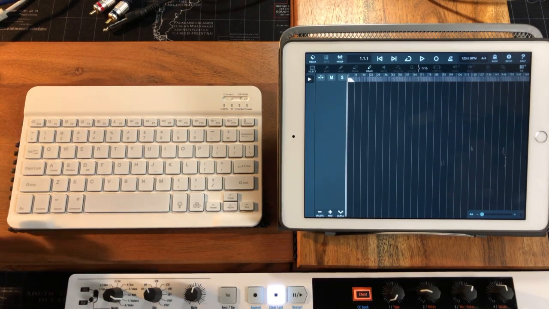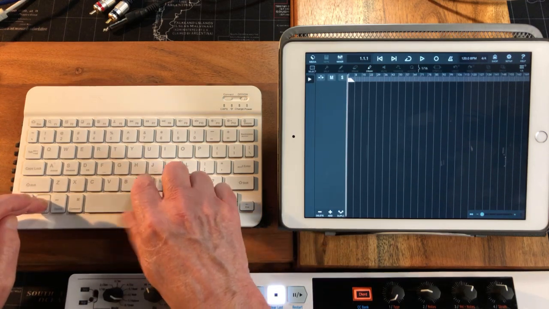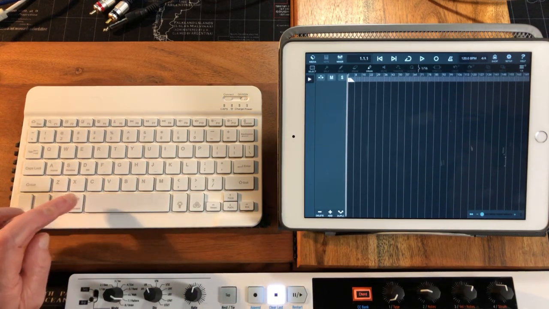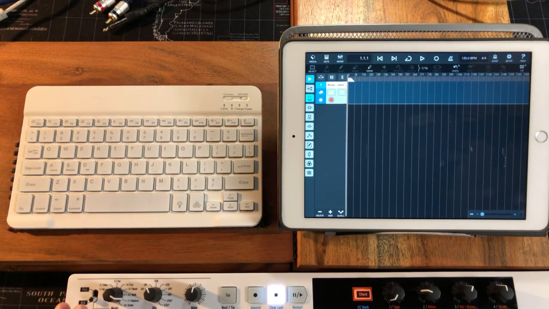So let's create a MIDI track. We won't bother with an audio track, but let's create a MIDI track. So here's the thing, right? It said Control-N creates a MIDI track. Control-N doesn't create a MIDI track for me. However, Command-N does create a MIDI track. Okay, so now I need to